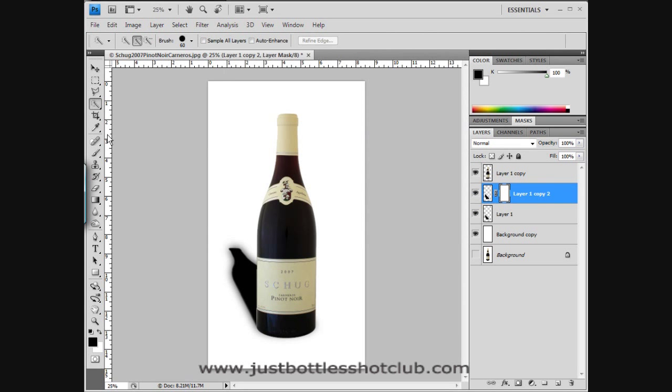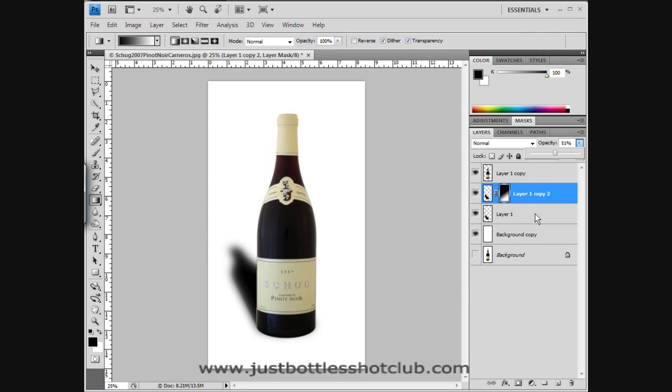We'll go up to the gradient tool, and again, just select the first gradient, black to white. We will draw a line from the top of the shadow down to the bottom of the shadow. And bingo, look at that. It's more blurry at the tip of the bottle, or the top of the shadow, and it's less blurry down at the bottom. Now we can play with our opacities